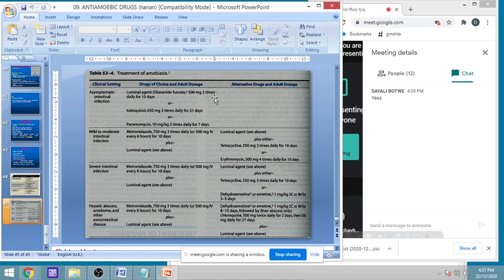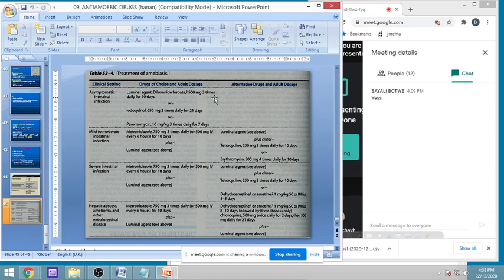If we have any problem, then again we will give the same thing, a luminal agent plus tetracycline or dihydroemetine or emetine, depending on the case. We will prefer dihydro as far as possible. Then in cases of hepatic abscesses, when it has reached the liver, and other extraintestinal diseases, then